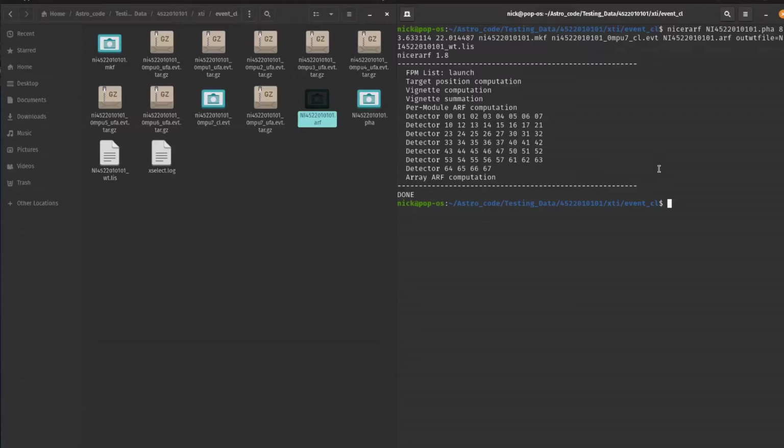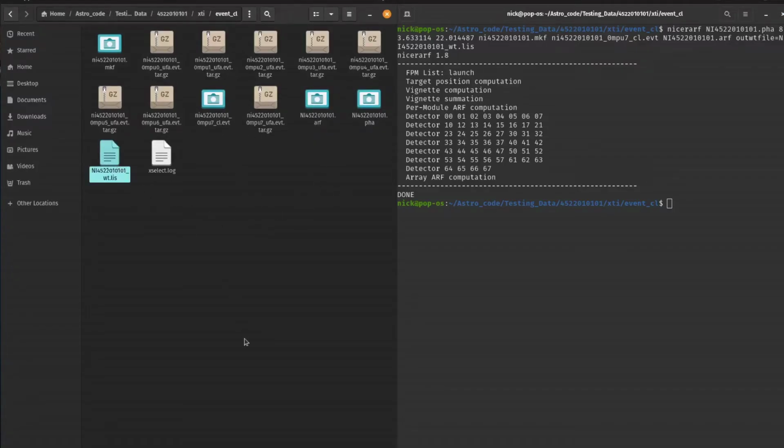Otherwise, we might not be doing as precise of spectrum analysis as we'll necessarily want to do, and that is where this comes in. So here you can see in our directory we have the ARF file right here that we've generated, but we also have this weight list file,